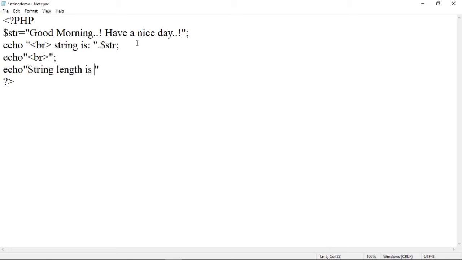And here to concatenate with a function, we will use a dot operator. The function used is strlen to find out the length of the string, and we want the length of the string stored in $str. So $str, then use a semicolon.